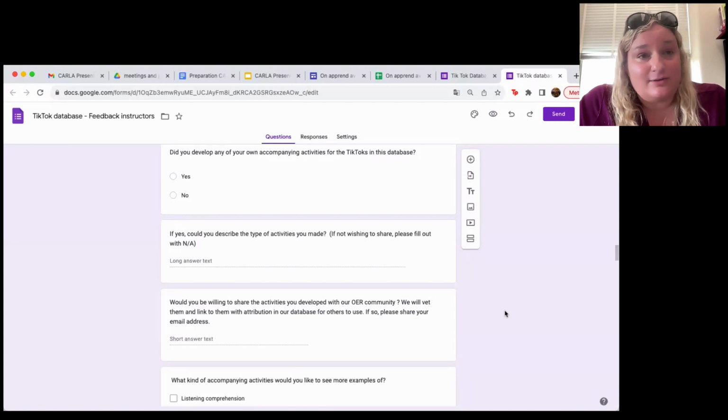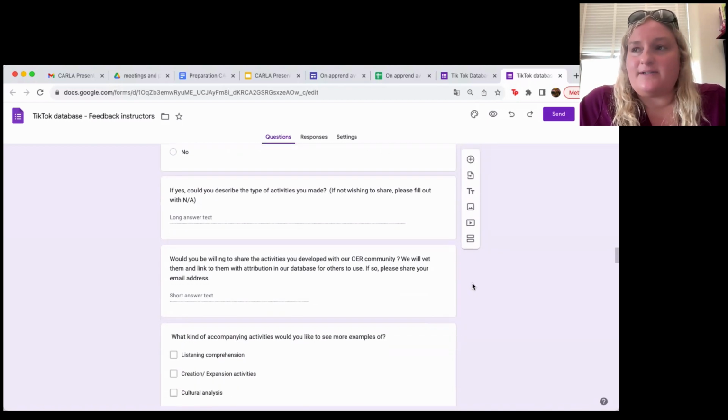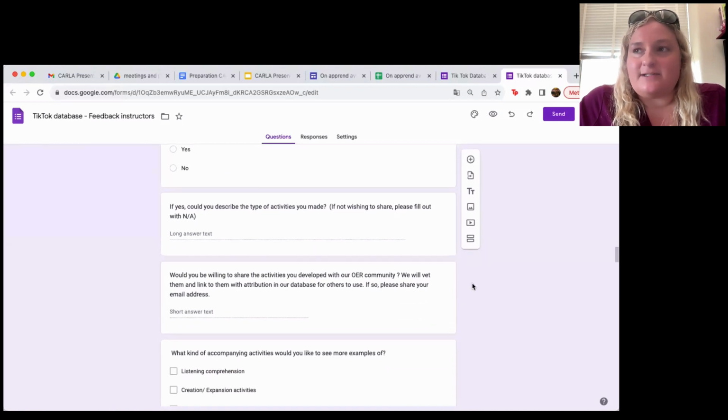And so if that's the case, you could share it. And what we would do then is sort of vet it to make sure that it goes well with whatever TikTok it is you paired it with. And then we could link to it directly in the database in the same way that we've linked to our own resources. Again, these are basically just invitations to participate. What we're hoping to encourage is instructors sort of lifting up other instructors, but also instructors showing to their students that participation in these open educational practices is part of the learning process.